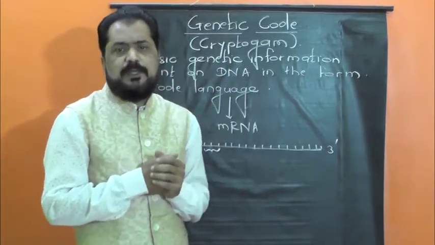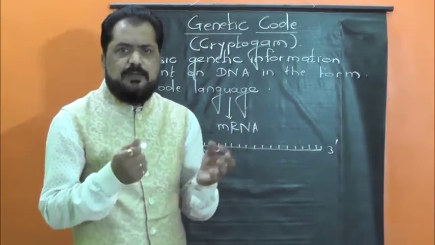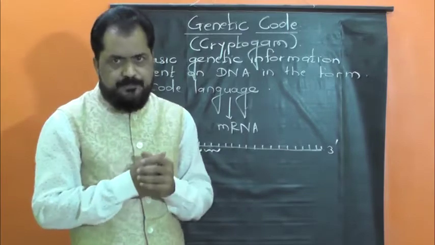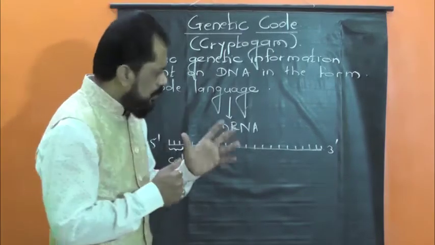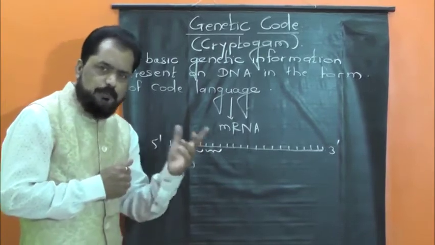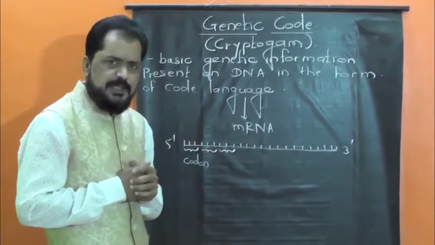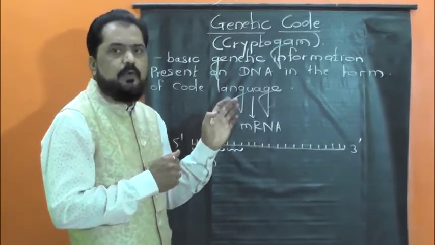Now we people have to understand why the codons are always triplet in nature. I said just now, codon is nothing but the triplet of nucleotides, group of nucleotides on messenger RNA. Now question arises, why are codons triplet